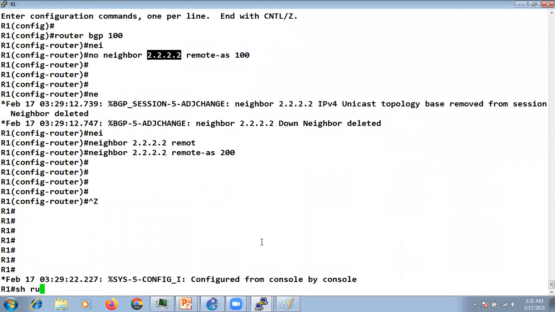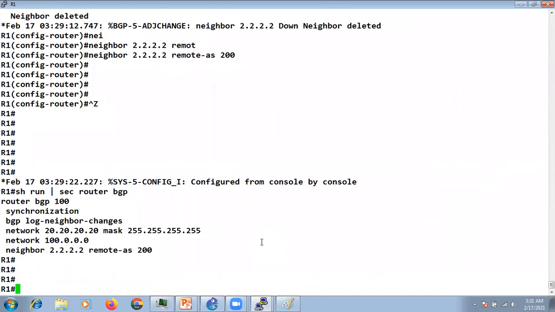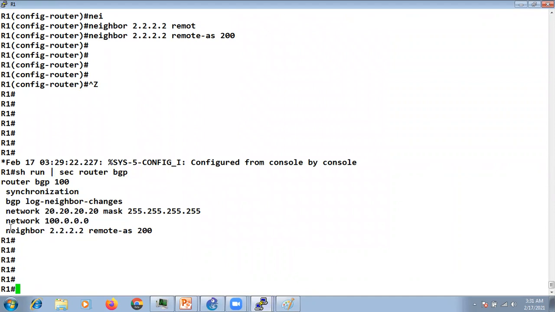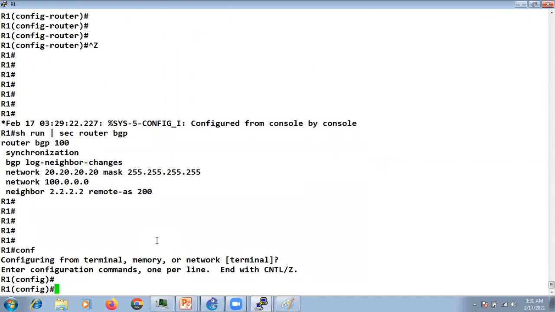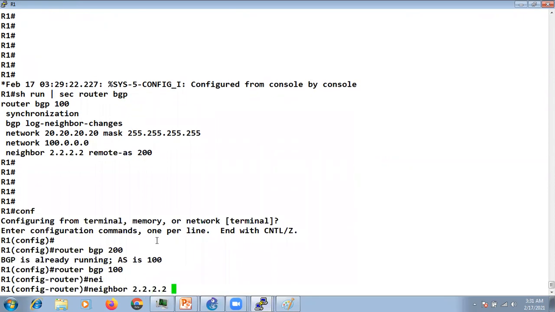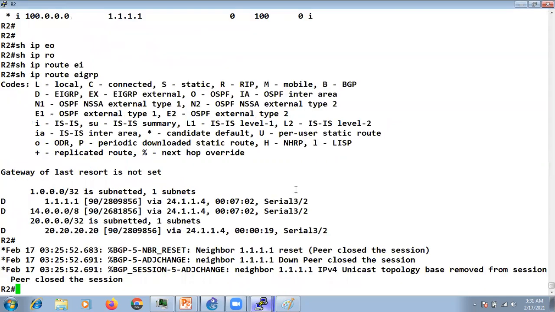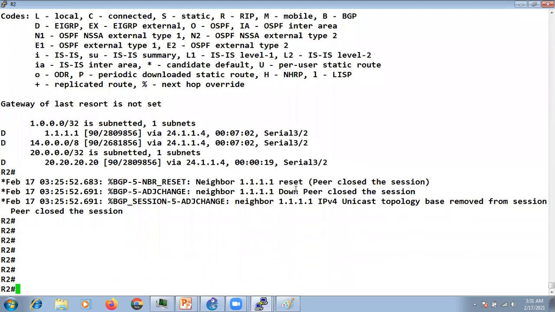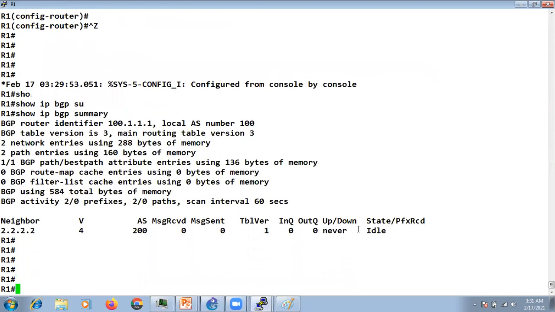Show run section router bgp. What I have done is router BGP 100, neighbor 2.2.2.2 remote AS 200, neighbor 2.2.2.2 update source loopback 0. Now your neighborship is not going to come up, right?